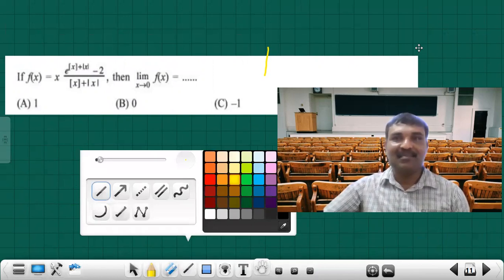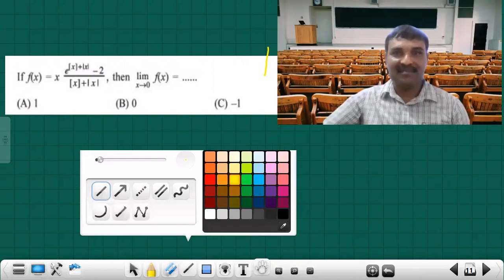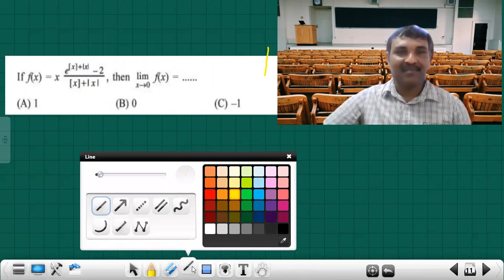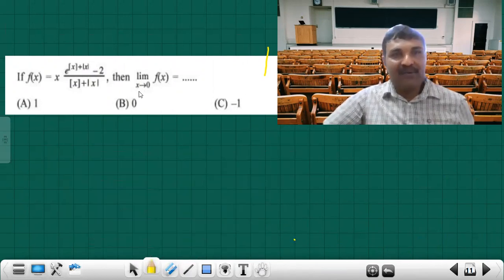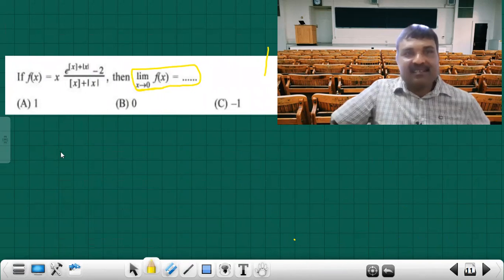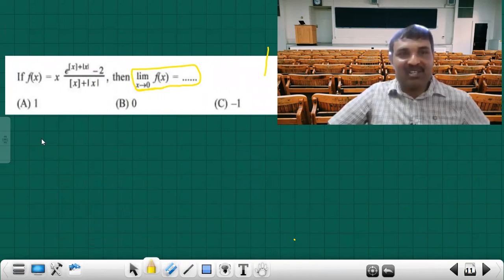Okay, a simple question. We have a limit. Now we want to evaluate the limiting value when x tends towards 0, right? So I'm writing the function here. What is our function? f of x is given as x multiplied by e raised to